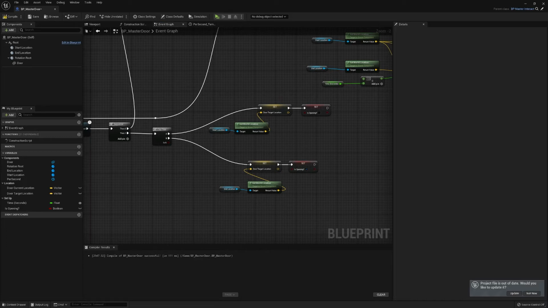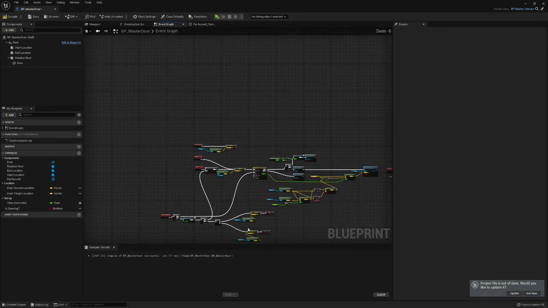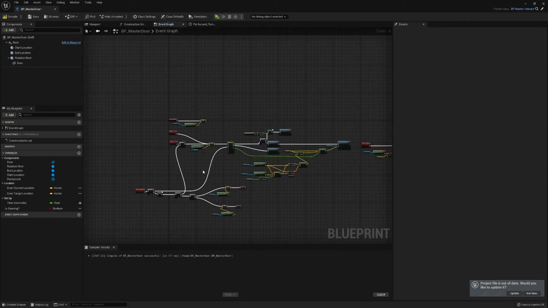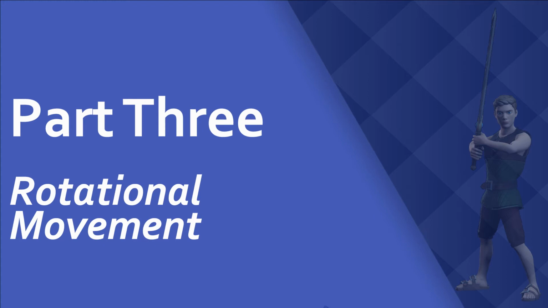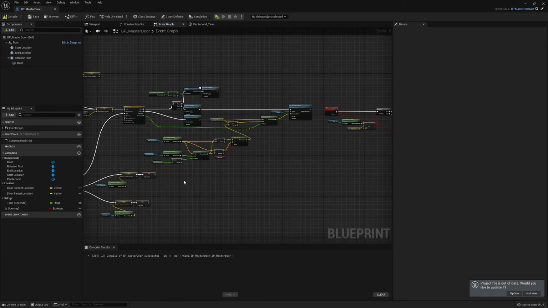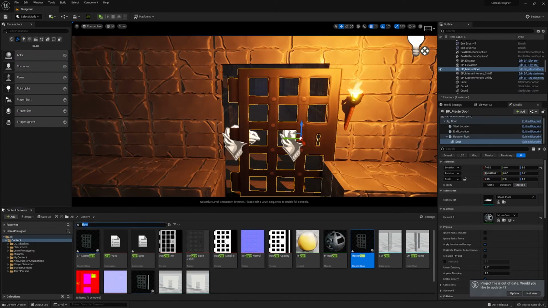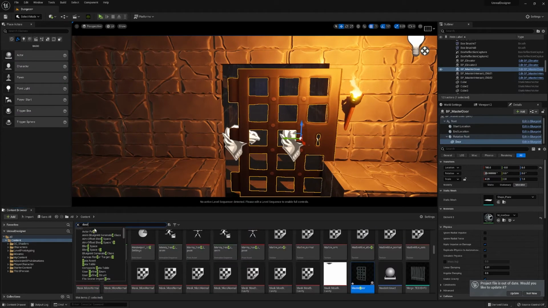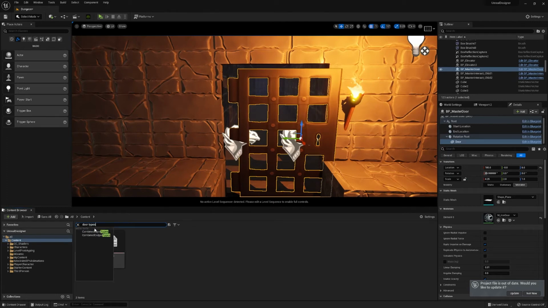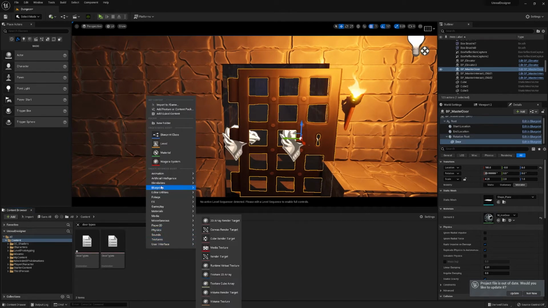Alright, yeah, so now that's everything that should be concerning our location here, and now we'll get into the rotation. Right, okay, so now let's get into our rotation section. So the first thing you need to do is see here, I've made something called an enumeration called door times, and you make this by right clicking, go into